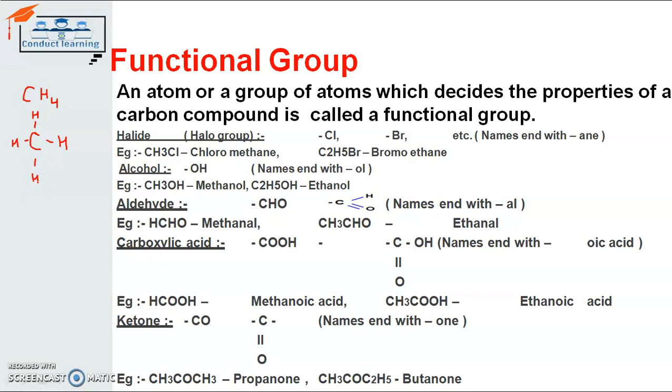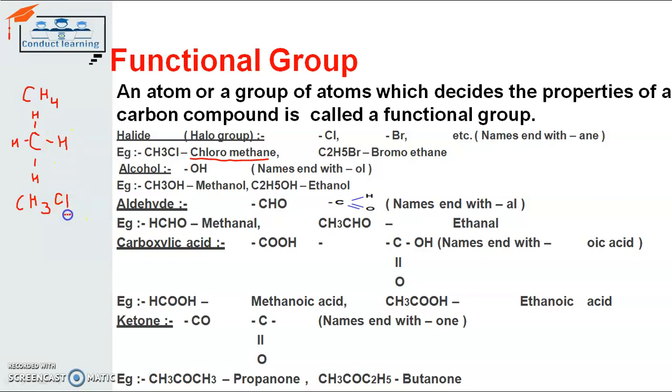But when the halo group or functional group is added to that already existing carbon compound methane, its chemical properties will change. Let's see how its chemical properties, chemical formula and chemical name will change. In chloromethane, the example given here, the formula is CH3Cl. In that chloromethane, the already existing methane contains 4 hydrogen atoms, where one of the hydrogen atoms will be replaced